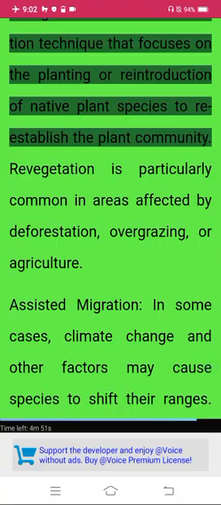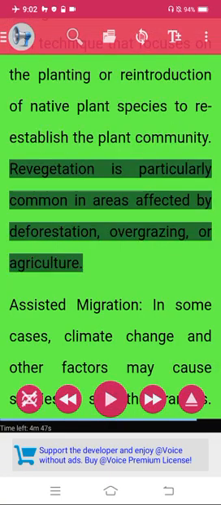Revegetation. This is a restoration technique that focuses on the planting or reintroduction of native plant species to reestablish a plant community. Revegetation is particularly common in areas affected